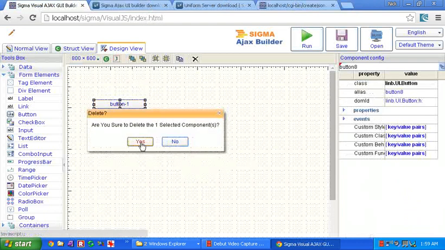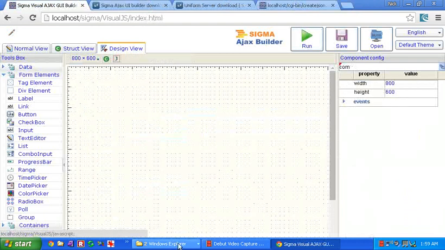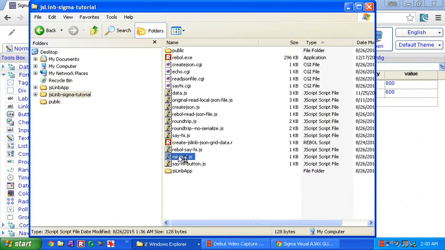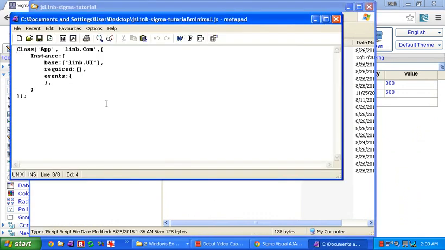What I'm going to do here is get a couple of these examples now. We've already copied a bunch of our CGI applications over into the server, and I've got a bunch of these. They are all just Sigma or jsLinb JavaScript files. So for example, we have this little minimal JavaScript. If we copy this back over,